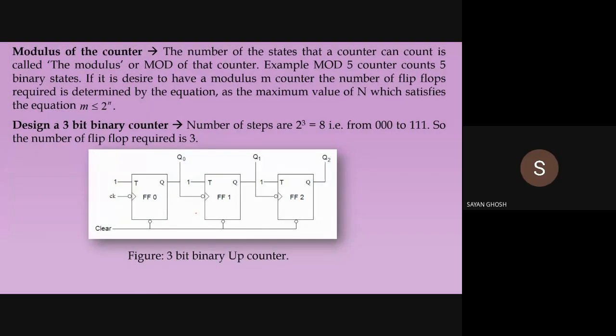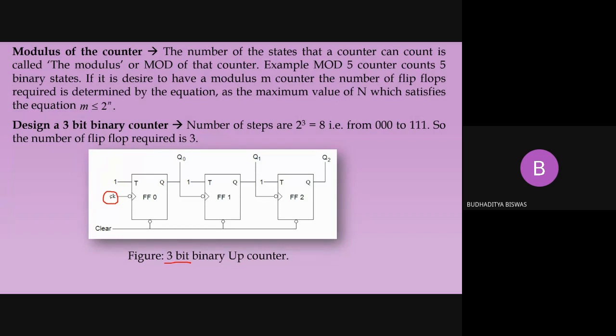Now without any modification, if you just draw the counter like this one, then according to the number of flip-flops or bits present, it starts counting from 0 up to that value. For a 3-bit counter like this one, without any modification, it will start counting from 0 and go up to 111. Then it repeats; as long as the clock pulse is present in the circuit, the counter rotates in an infinite loop. Similarly for a down counter, if you give the clock pulse, it will start counting from 0, then go to 111, then 110, 101 like this.